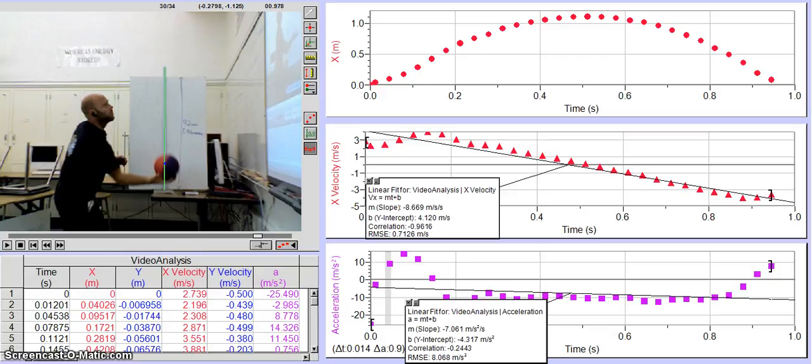So the video that I decided to analyze was a video again from somewhere in the middle of the semester, of a ball in free fall. So what I have here is a position time graph, velocity time graph, and acceleration time graph. So we see our position time graph right here, and then the velocity time graph, and the points are taken from the tangents of the position time graph,